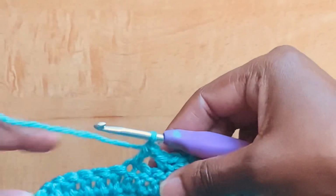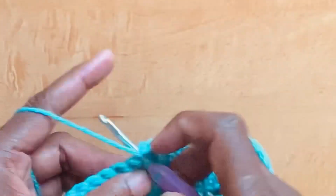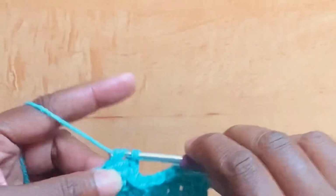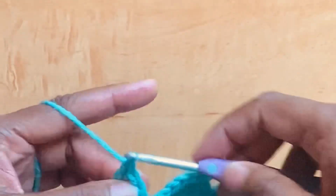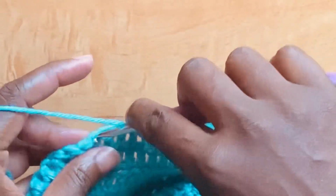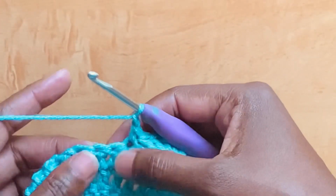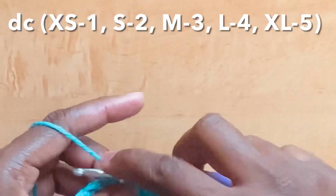So that's 1, 2, 3, 4, and 5. Then it's skip 2 stitches, and into that next stitch a single crochet, chain 1, skip 1, into the next stitch a single crochet, then it's 1 double crochet into the next stitch,